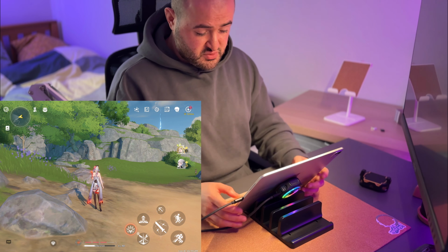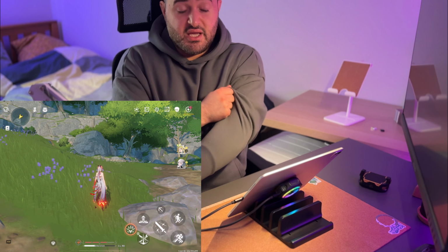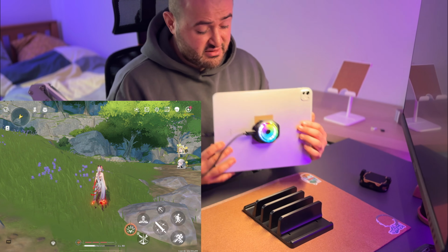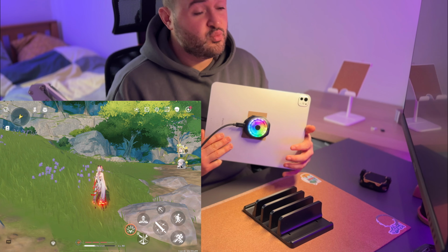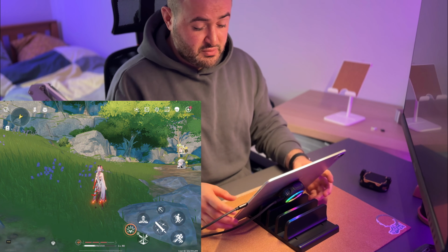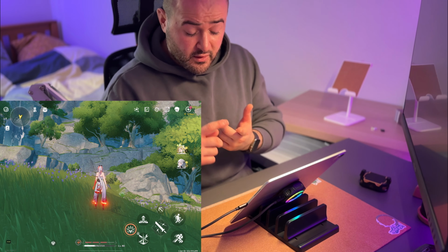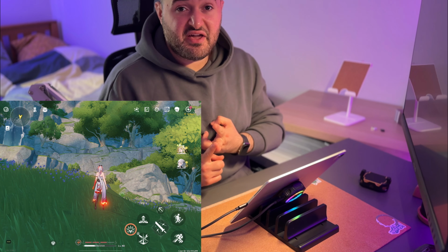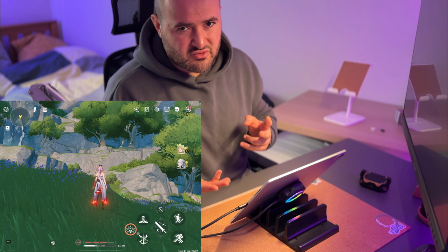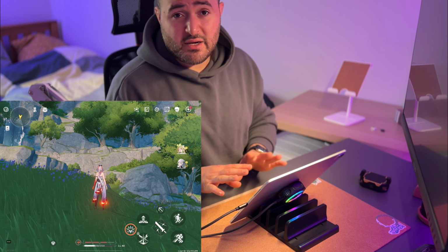So I've been using this one, and I just wanted to make this video because for all of you who are gaming on iPads or any kind of tablet, I think this right here is gonna do wonders for you. It is really awesome. It is really helpful, and it helps you maintain long gaming sessions. And you can actually screen record if your device is capable enough. You can screen record, you can play at the highest settings, you can have another application for frame counting in the background as well,